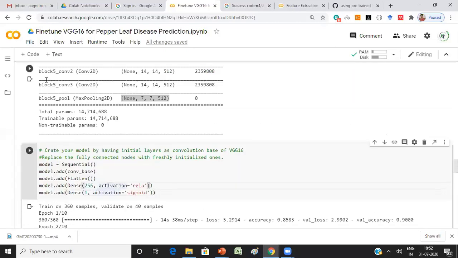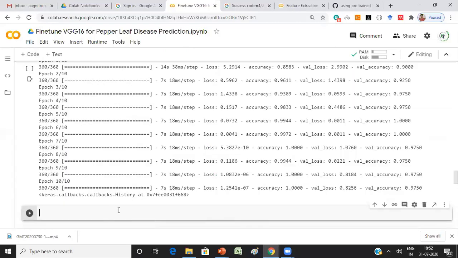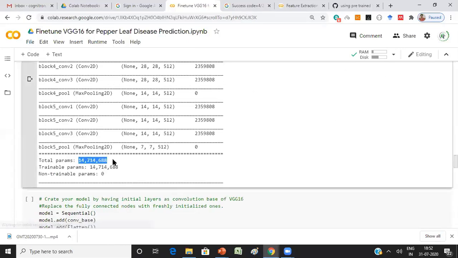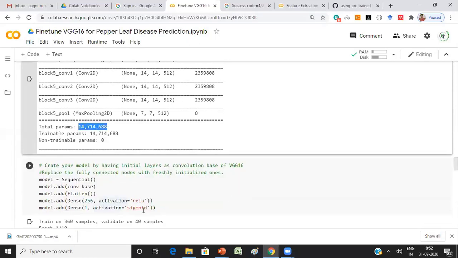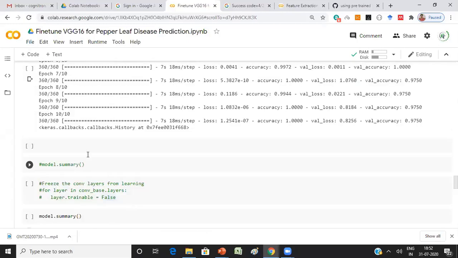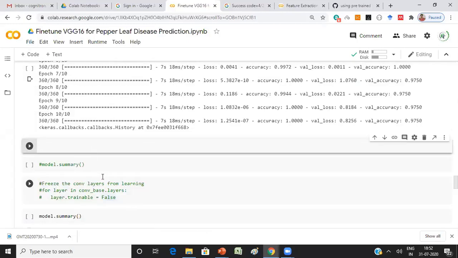Okay, so now the model is ready. Better not run this model, because it has 14 million parameters, and you added a few more. So 14 million into this one, and the final 25,000 into this one, so some 70-80 million parameters would be there.